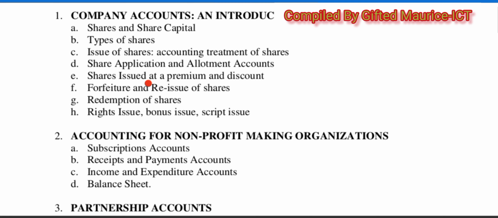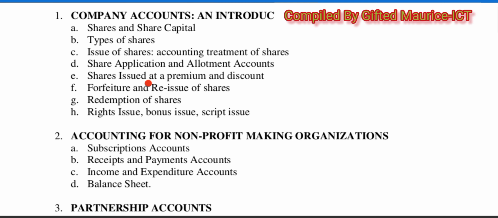And at some point also, it is possible that you can issue shares at a price less than the face value. Meaning if the face value is 100, you can issue the shares at a price less than 100,